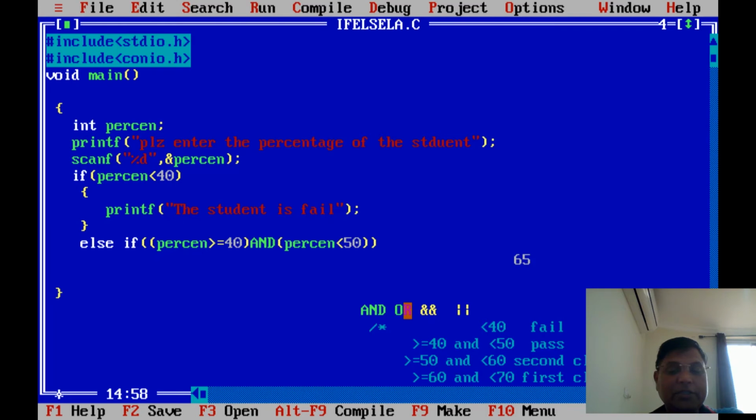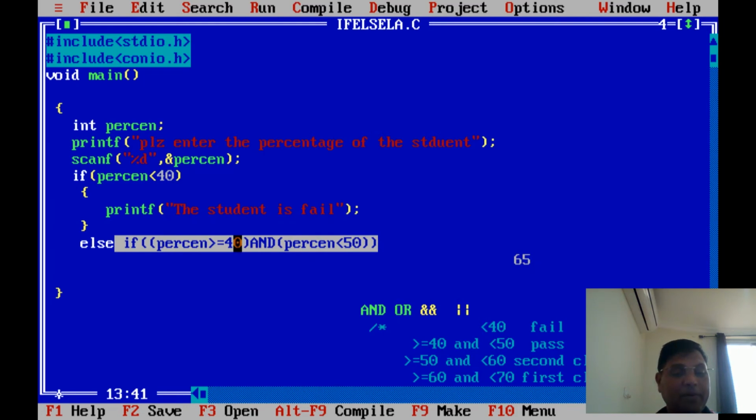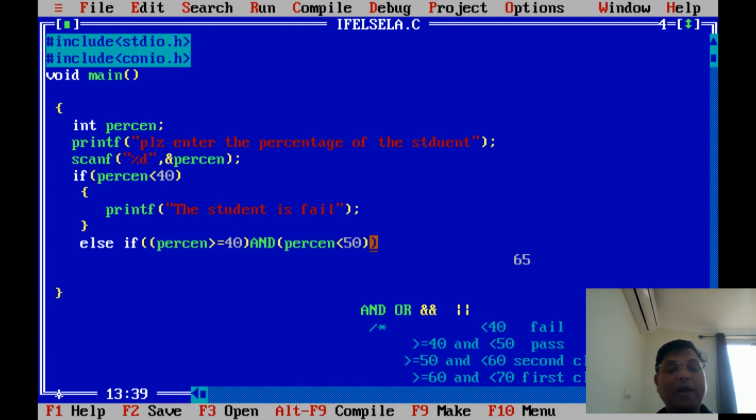And in the OR condition, if you are using OR, it is telling that if anyone is true, the result is true. That is what the OR gate does. So this AND gate, I am going to use it to tell the compiler, please print these particular conditions only when the condition is true. So 65 is not going to be in this condition. Why? It is greater than 40 but it is not less than 50. That's why it will go into a different condition.